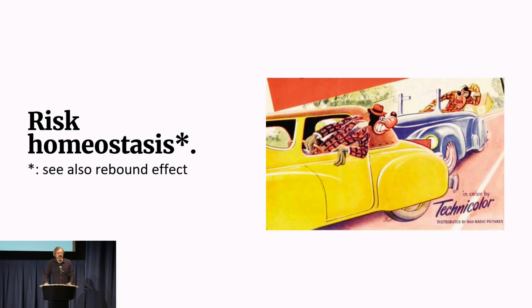seatbelts are a good idea. Like, they keep you safer in the car. And so somebody proposed this idea called risk homeostasis. The idea behind risk homeostasis is that actually we die at a rate on the road related to how much risk we're willing to take. And so if you now have a seatbelt and you're driving a car that's safer, you're going to go a little faster and you're going to take the corners a little tighter because you feel better, right? So the issue with making people safer was that they then took on more risky behavior, conserving their total risk